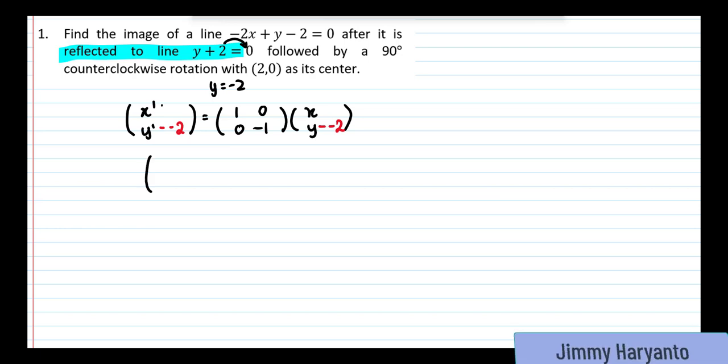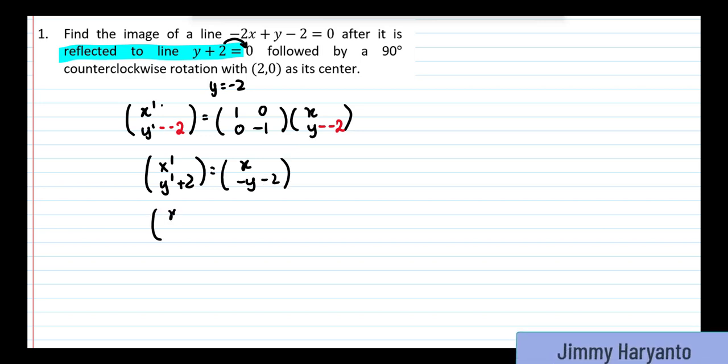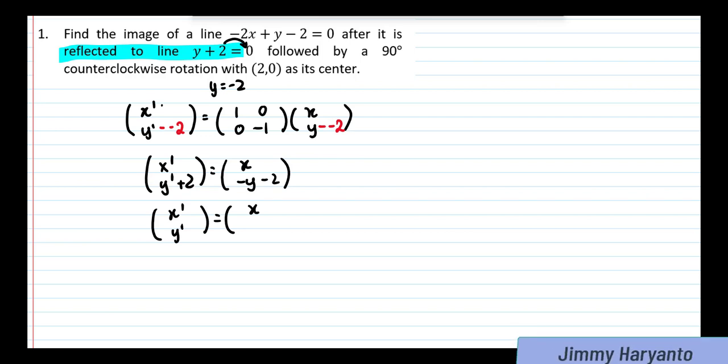Okay, the next thing you have to do is to simplify these expressions. You will have like this. For the right hand side you will multiply this x, then multiply this 0. This one will become 0, this one will become negative y, and then minus 2. At this moment you don't have to find out the y and the x first, because we can substitute the result later for the second transformation. So let's just move this 2 to the right hand side. It will become minus 2 minus 2, it will become negative 4.